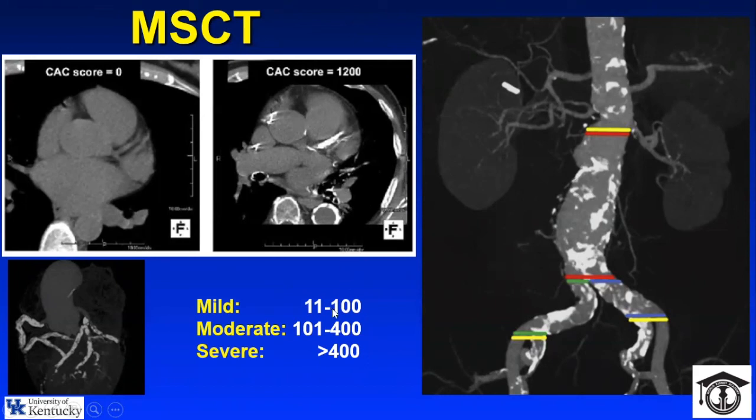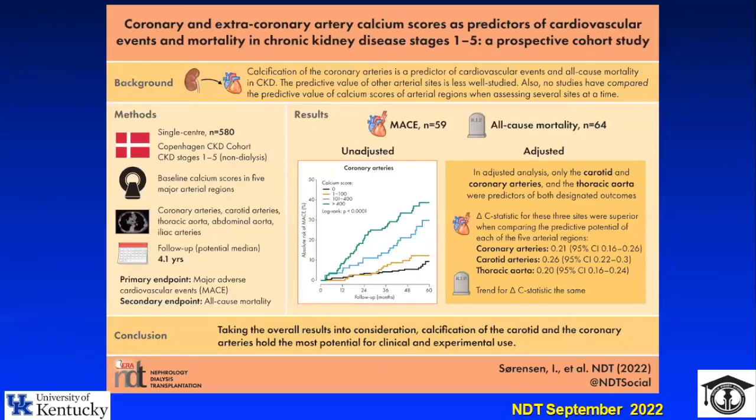It gives you an Agatston score, and severe cases usually are end-stage kidney disease patients on dialysis for a year or 2. They usually have moderate to severe calcification with an Agatston score of at least 100. Moderate cases are 100 to 400, and severe cases usually have more than 400 Agatston score.